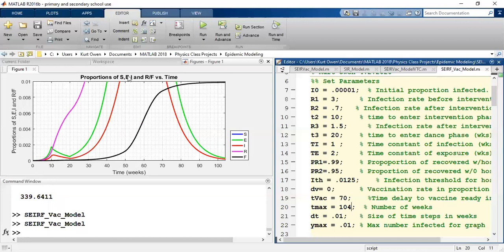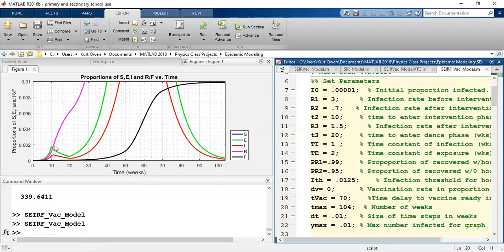Okay, so we can see that we must have had a peak in infections somewhere around the 60-week mark, which is probably when we have a maximum of infections. And then it's dropping off and coming back down to close to zero by the time we reach 2 years, right? But still, that infection rate is high and the total fatalities are high.